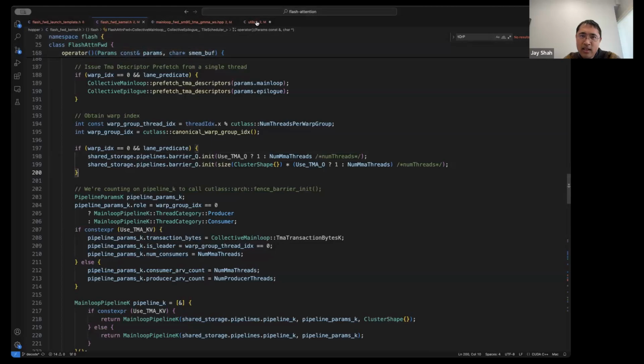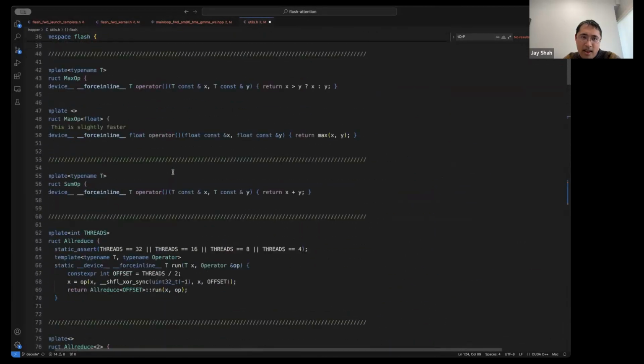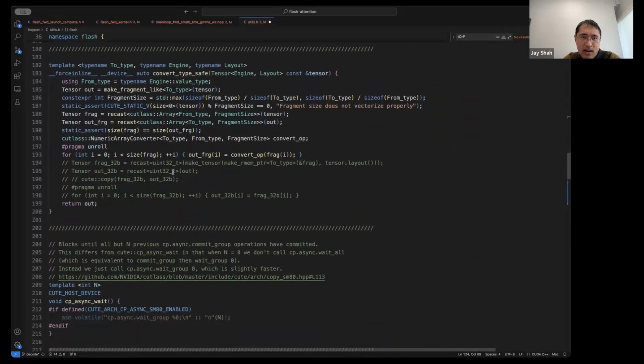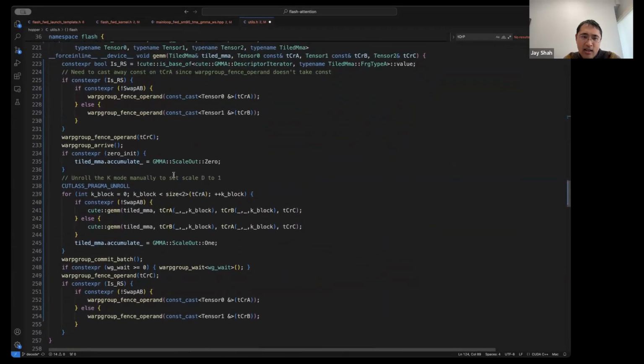Now, the second thing is to look at the flash gem. I just want to look over that, in order to discuss what is different between QGem and flash gem. So QGem is something that is written here. I have my A operand, B operand, C operand, my tile MMA, and all of this is passed to the QGem call to execute, in this case, the WGMMA instruction. But through template specialization and overloading, it dispatches to the right MMA method, but it doesn't involve any synchronization as you would need with WGMMA. That's handled outside this method.